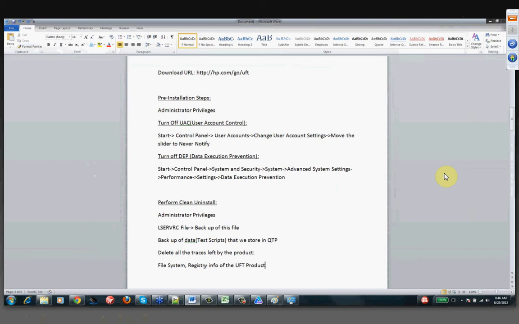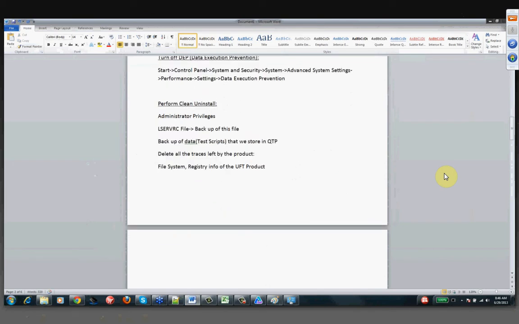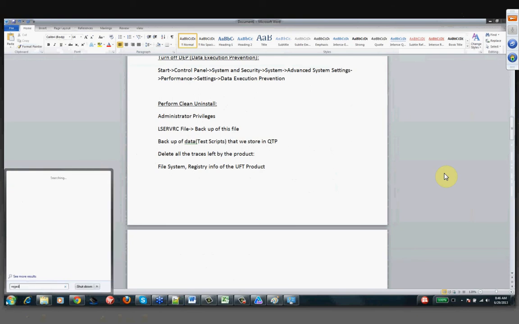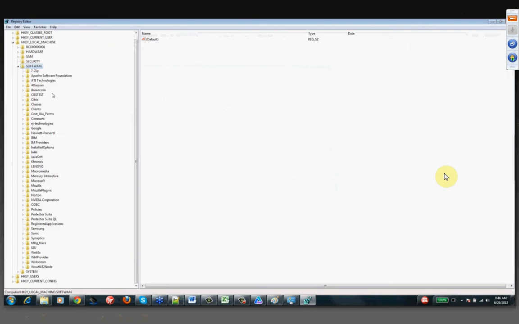Okay, what does that mean? So if I need to perform a clean uninstall, I need to completely delete my file system and registry information containing this product information. Where exactly will this product information be stored? If you go to your registry editor, regedit, in my registry editor,